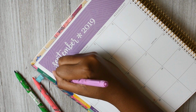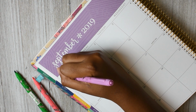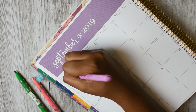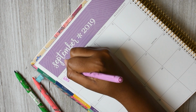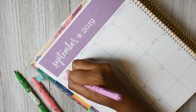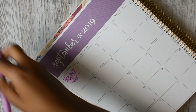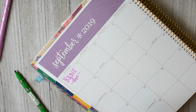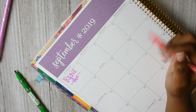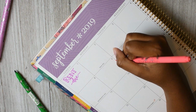because I don't really look at it. I don't really pay much attention, so I don't want to spend all that time setting it up, and I'm not really gonna look at it anymore. So rent is due on the 1st, always. I actually don't have all the due dates for my bills, so I'm just gonna write down the ones that I do have a due date for, which would be